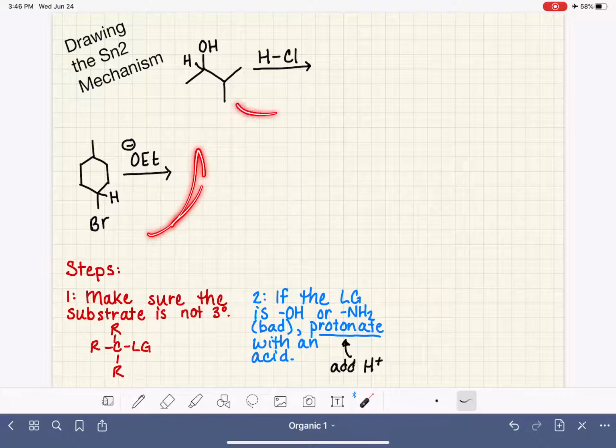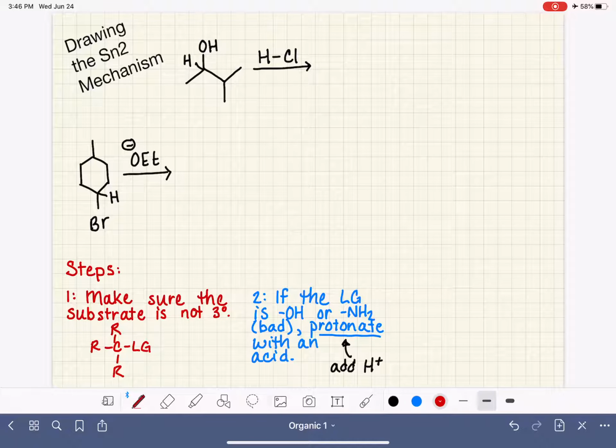For these 2 different reactions, because we have OH as a leaving group up here, the very first thing that we have to do is protonate that leaving group with an acid, and we just happen to have some hydrochloric acid ready for us. How does the protonation take place? Well, remember there are 2 lone pairs of electrons on the oxygen. One of those lone pairs of electrons is going to reach out and grab the hydrogen of the HCl, break the hydrogen-chlorine bond, and that is going to leave us with this